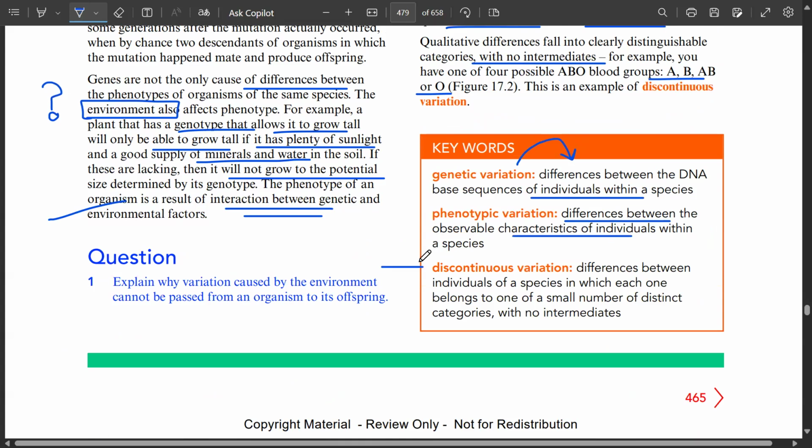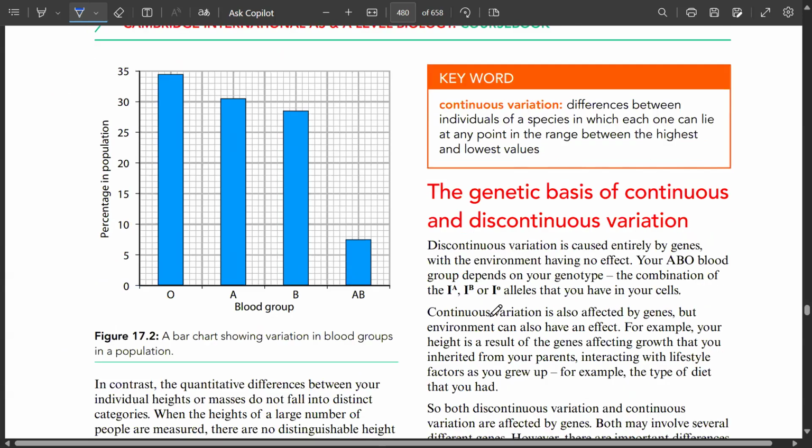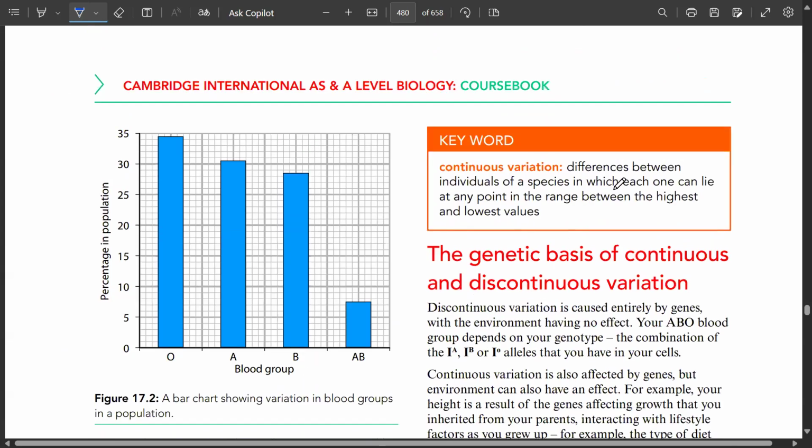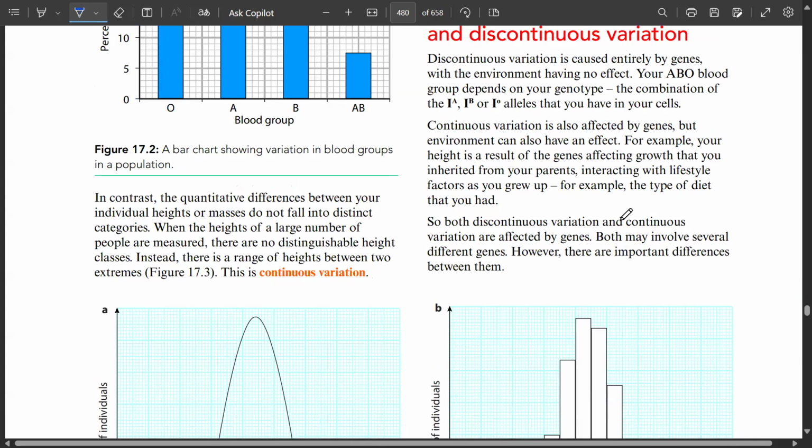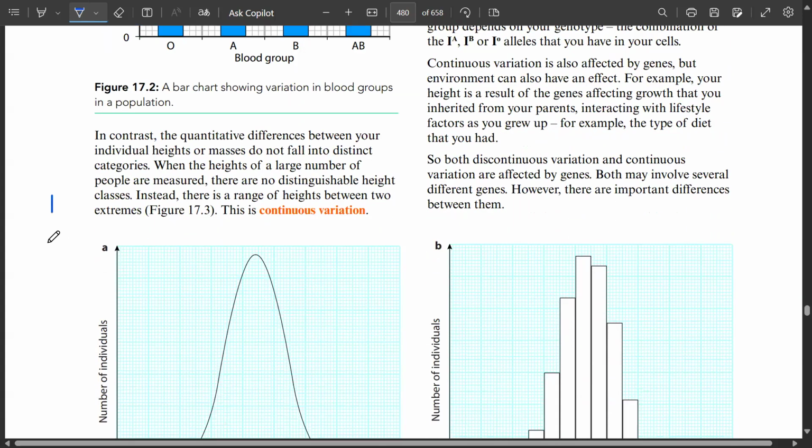And discontinuous variation are the differences between individuals of a species in which each one belongs to a small number of distinct categories with no intermediates. Intermediates होते हैं, बीच की वैल्यू नहीं है। Continuous variation are the differences between individuals of a species in which one can lie at any point in the range between the highest and lowest value. हाईएस्ट वैल्यू आप कोई भी 1 ले लो, लोएस्ट वैल्यू 0 ले लो।